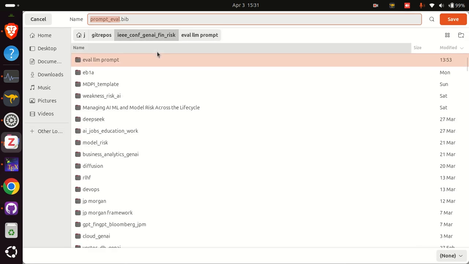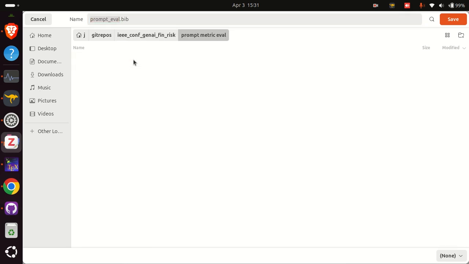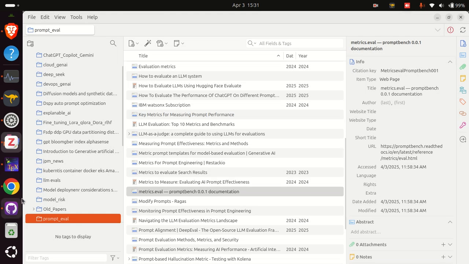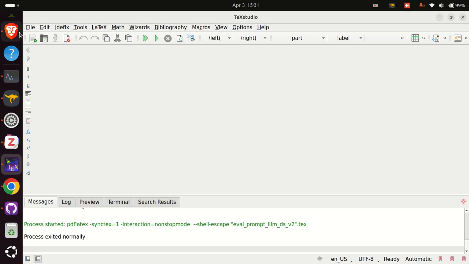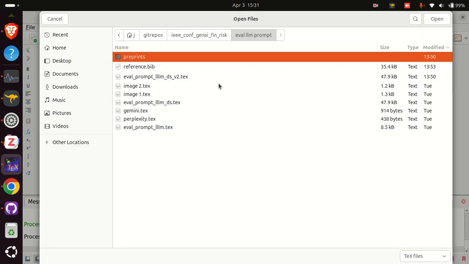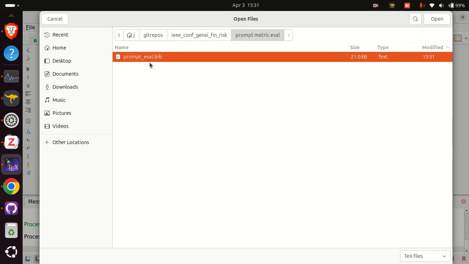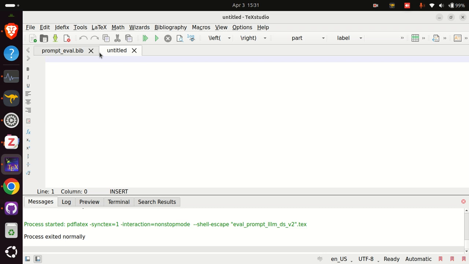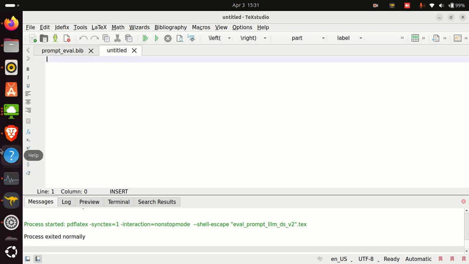Now our paper here is eval, not LLM. We are doing prompt. So prompt eval. So this will become our file. So we go here. This will become our file, and now we can create our first draft, and we will